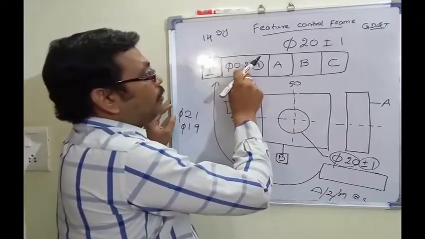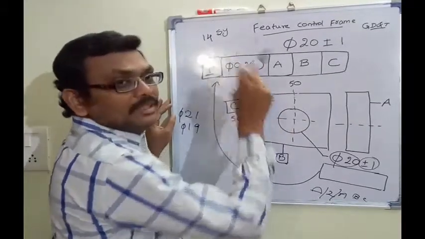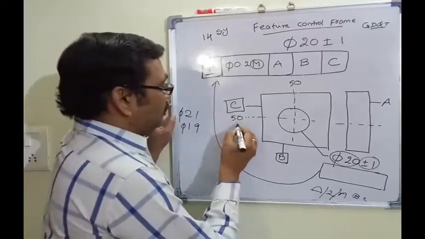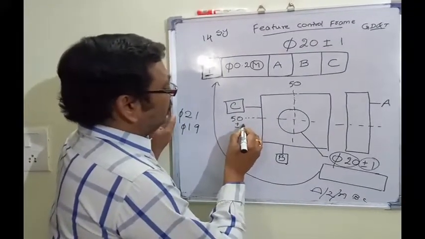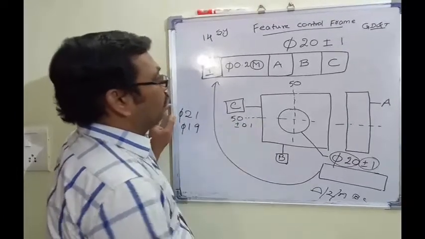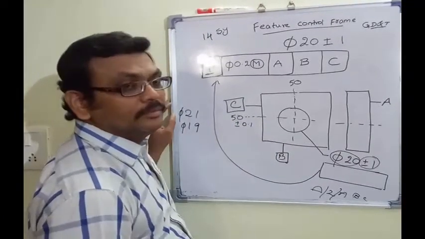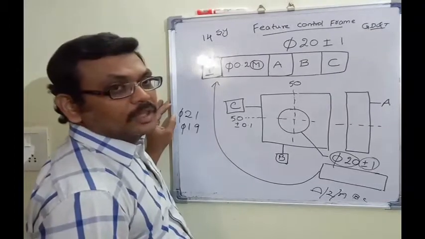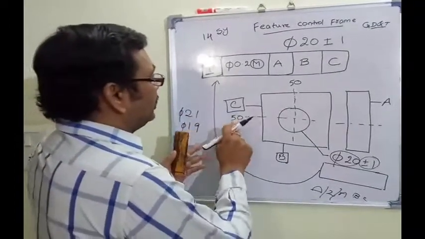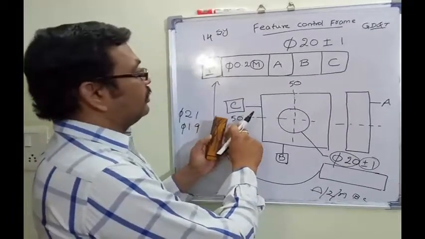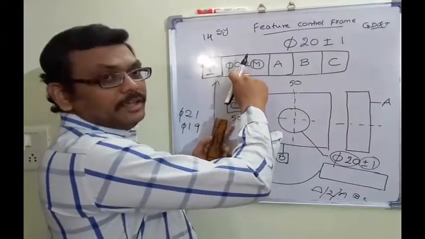This is the 0.2 MMC. That means plus or minus 0.1. Right? So tolerance for this 50 will be taken from here,